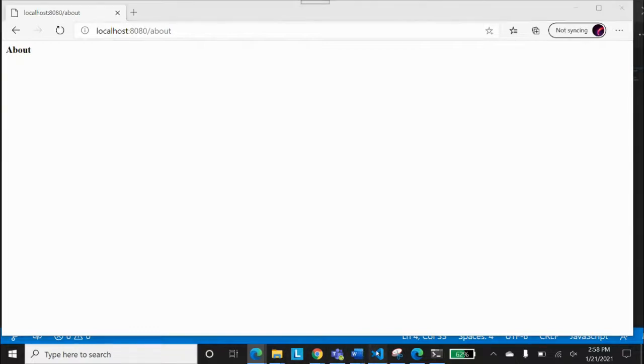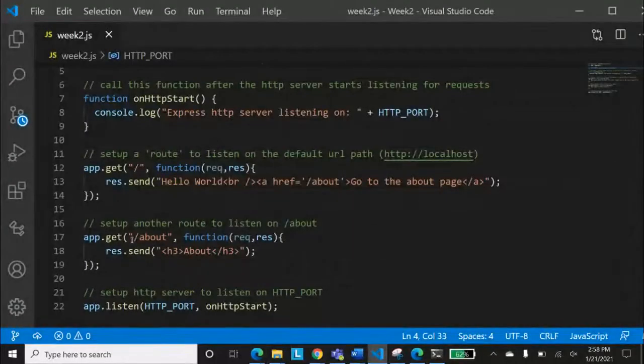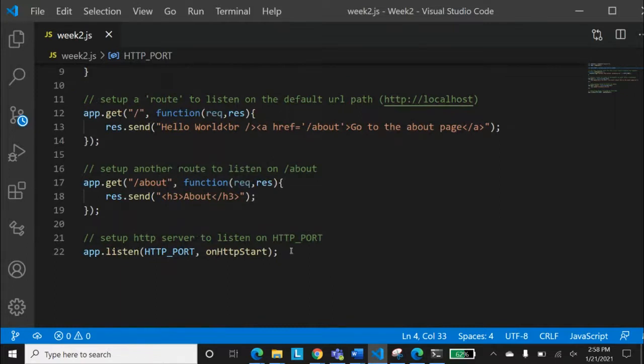So whenever a user clicks on about or wants to go to about, it provides this response, and this response is an HTTP response, which is an HTML response, which has h3 being used in it. That is what it is sending you.